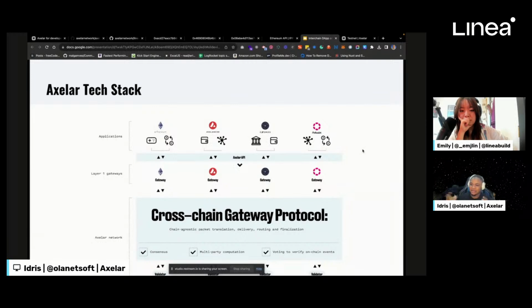And then we have the Axelar network. So Axelar validates all of the events happening from the layers to ensure the integrity and security. So this is where validation happens. The consensus, we have consensus agreement, voting to verify on-chain events, and multi-party computation. So in summary, it means that on the source chain, you initialize a message, it gets routed, and Axelar sends it to the destination chain after meeting consensus, right? So moving on,